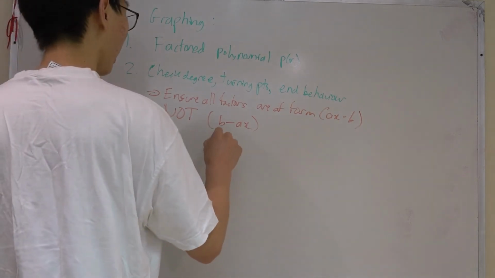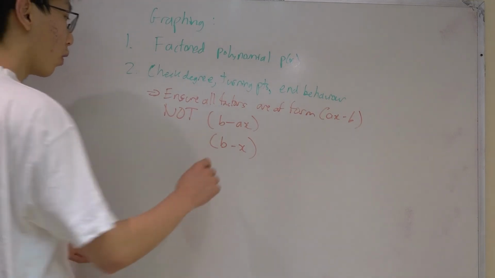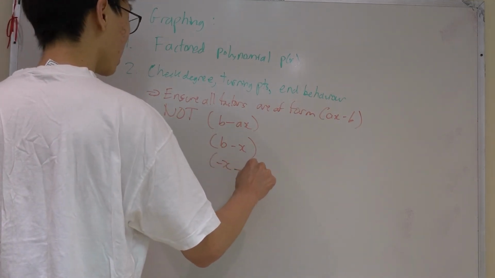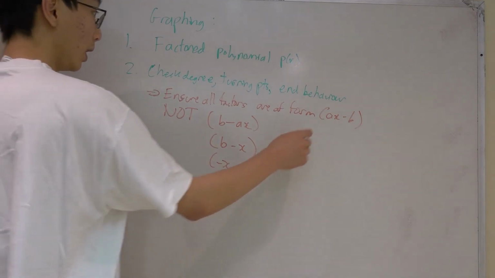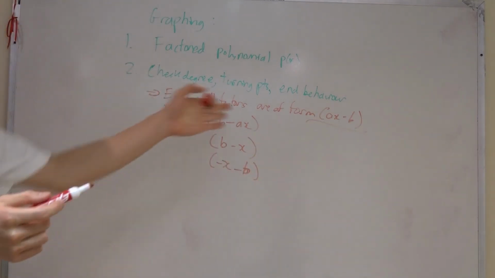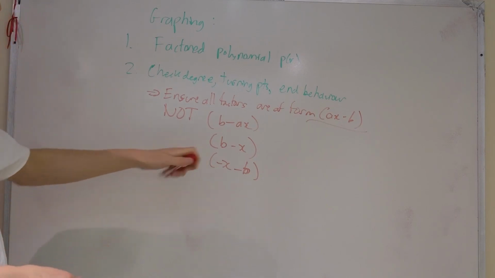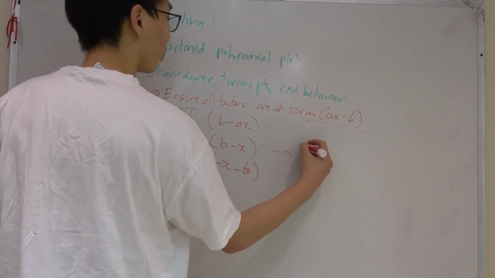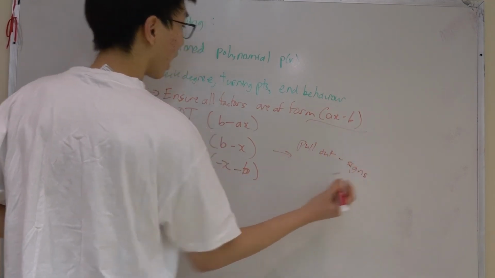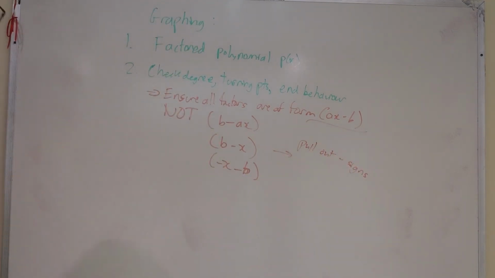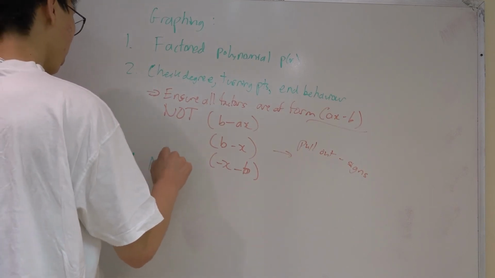We also don't want things of the form b minus x, or minus x minus b. They need to be like this, where a could be 1. So in this case, you have to pull out the negative signs, just like I showed you last lecture. From there, all you do is note roots